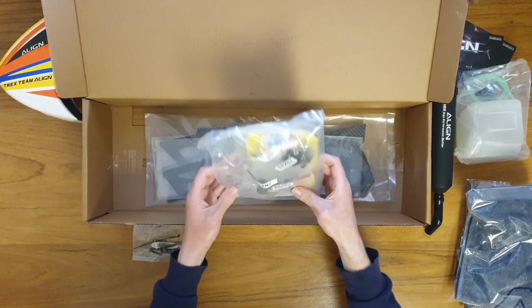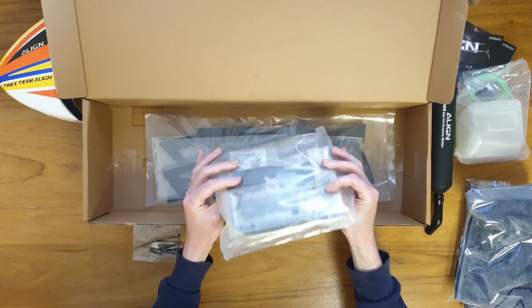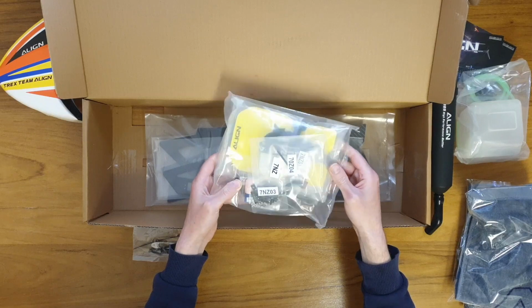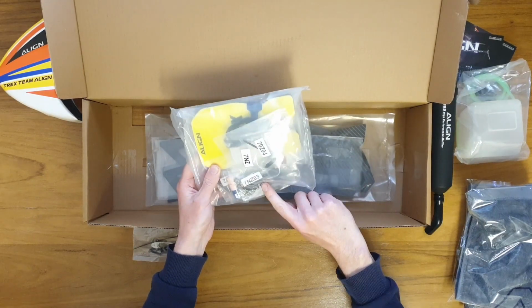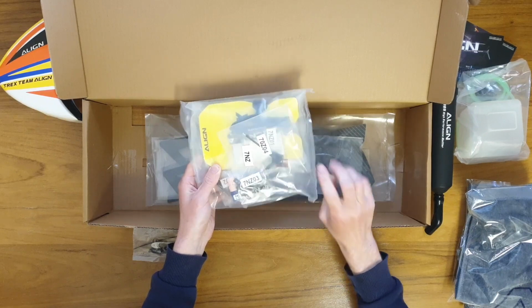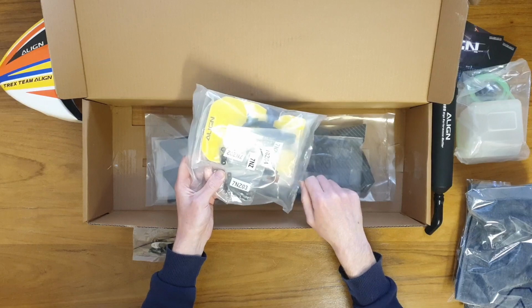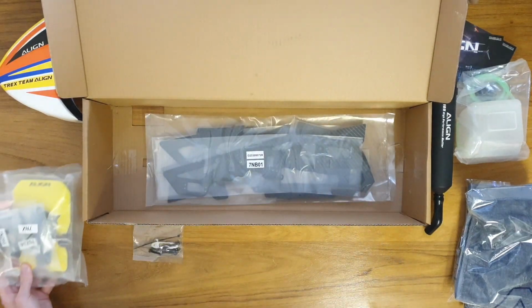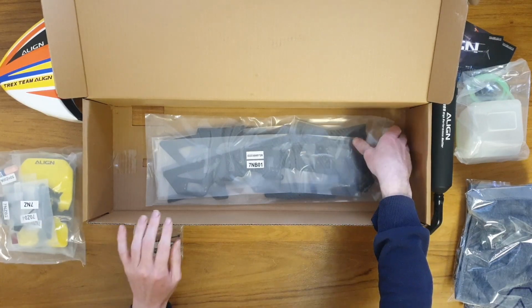Okay, next you have our accessory bag, and that simply has your blade holder in there. Got some blue thread lock there. Got some Velcro straps for your servo mounting accessories in there, and also a small receiver aerial holder as well. Then finally we have